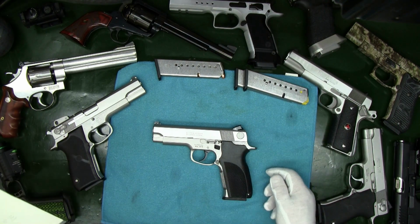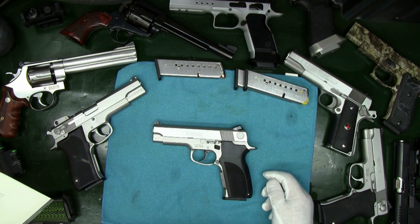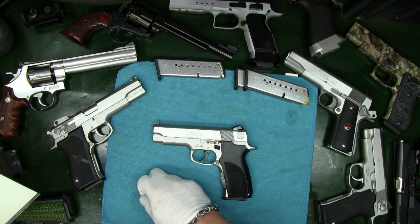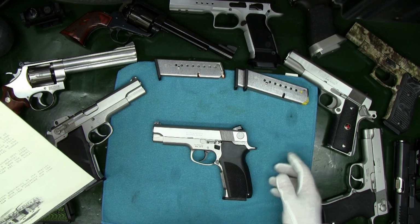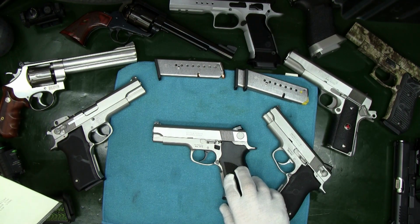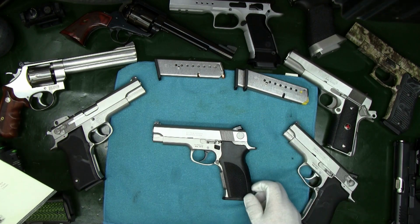Just kidding. The model 1076, which became the standard handgun for the FBI. The total production of this series is listed below. The 1006, they made 26,978. The 1026 was 3,135. The elusive model 1046, they only made 151 of those. The 1066, they made 5,067 of that guy. And the 1076, they made 13,805 units. And the 1086 was